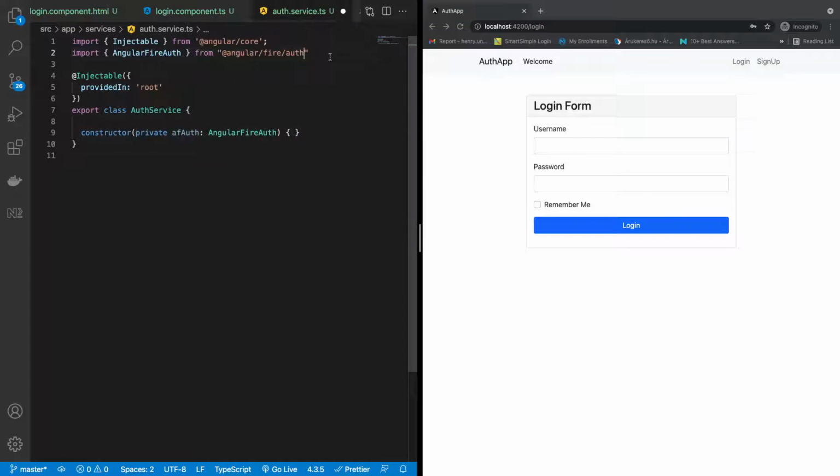Yeah, good. So we have AngularFireAuth imported from Angular Fire, so we are injecting it into our service